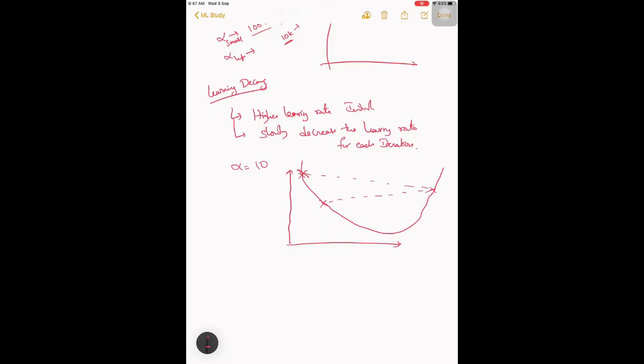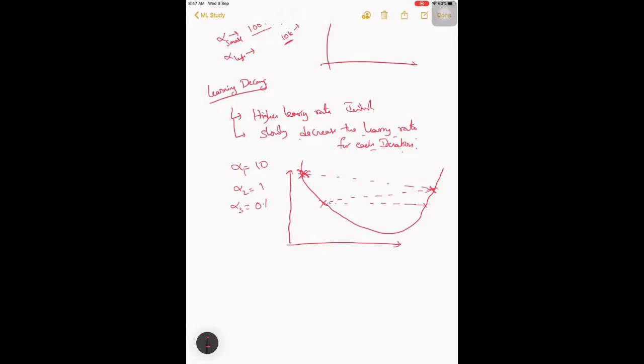We are calling it an iteration. Every iteration you decrease the learning rate. Okay, so from 10 I make it 1. This is alpha 1, let's say. In the next iteration, once it comes here, my learning rate has now become 1. In the next stage, I will make alpha 3 as 0.1, so it will be slightly less.